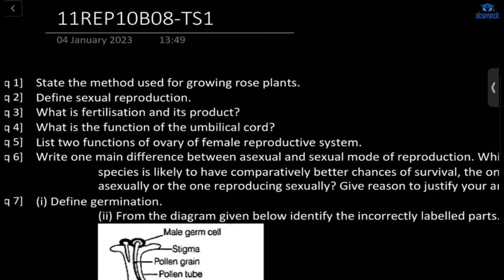Next, we'll go for the reproduction chapter: How do organisms reproduce? Before that, Roshni,